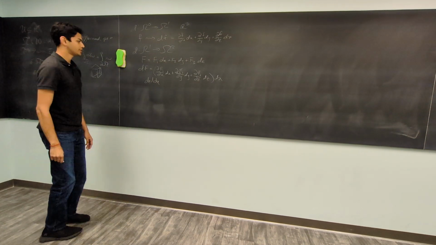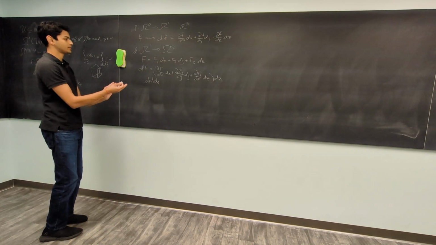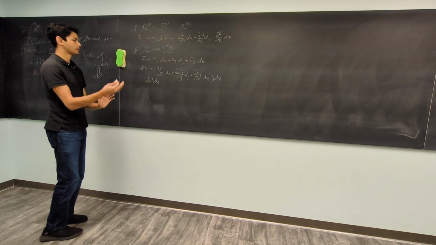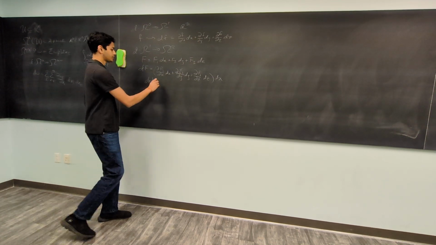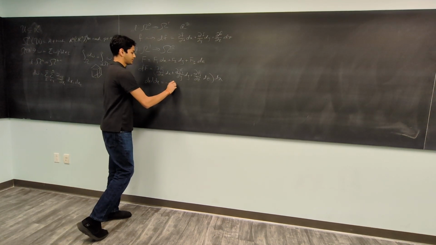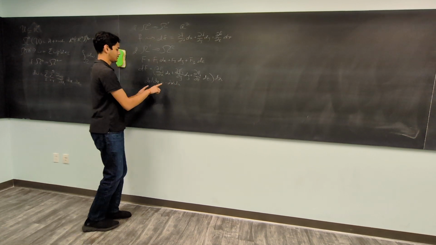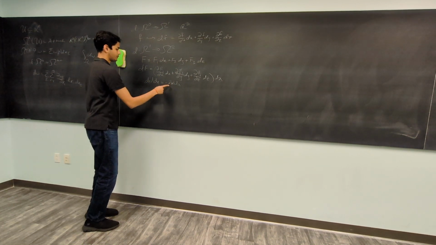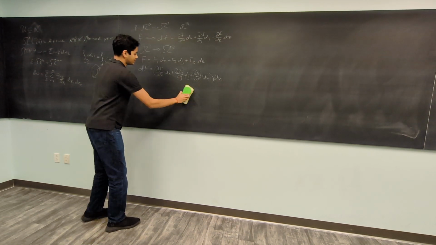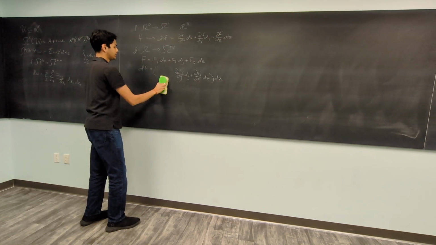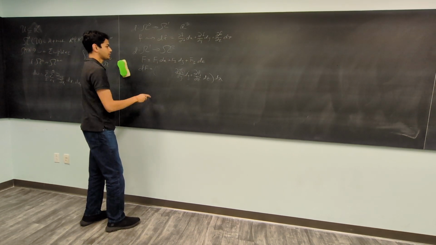I guess I didn't talk about this too much, but these wedge products also satisfy the alternating and bilinear property within these d terms themselves. So this will be equal to negative dx dx, where you just swap these two, and because it's equal to its negative, it should equal 0. So what that means is that we can ignore this first guy, and if we add the other terms,